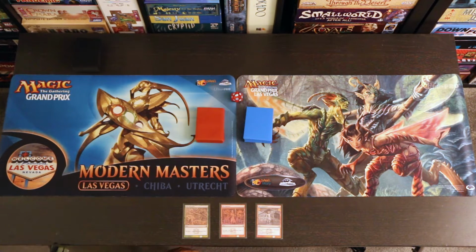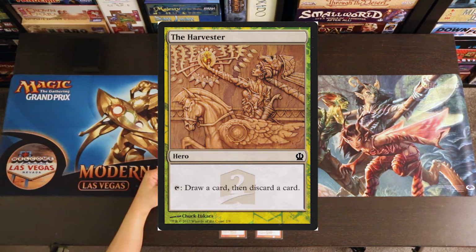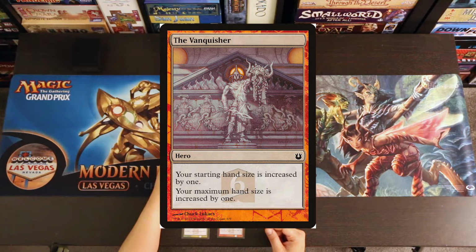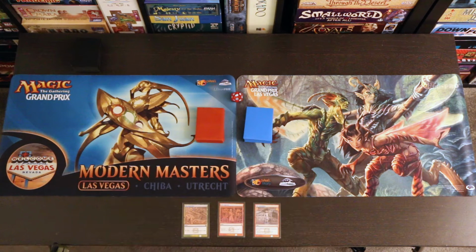For these battles, we're going to be using 3 hero cards. The Harvester, which says tap, draw a card, then discard a card. The Explorer, which says you may play an additional land on each of your turns. And the Vanquisher, which says your starting hand size is increased by 1, your maximum hand size is increased by 1. Because I only have 1 copy of each of these cards, we're going to apply them to both decks